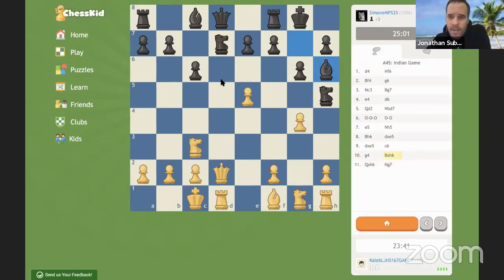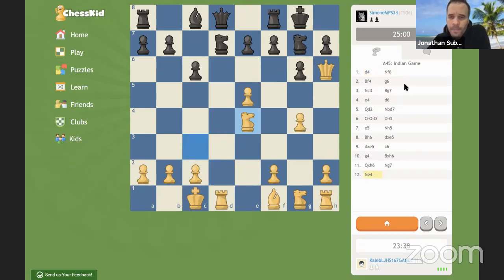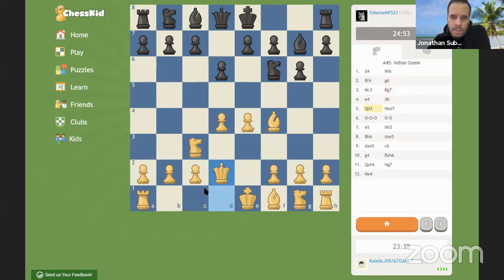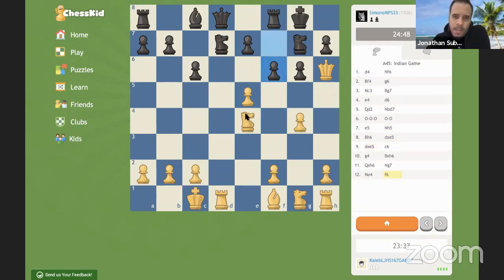We have Caleb versus Simone. I guess a London system kind of happened. Well, that was the intention. It was supposed to be a London, but now it transposed to a Pirc. In this system, sometimes White tries to castle queen side, play bishop h6, and you also need to be a little bit aware of e5 ideas. So after this, just e5, and now this is reasonable. For some reason this f6 move is